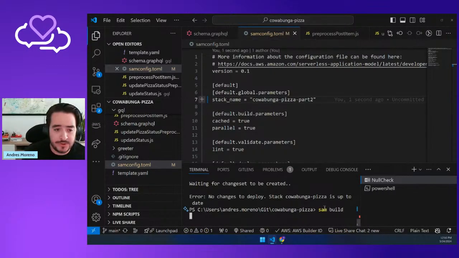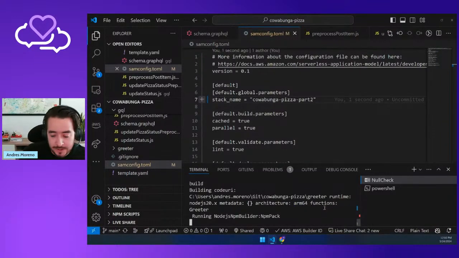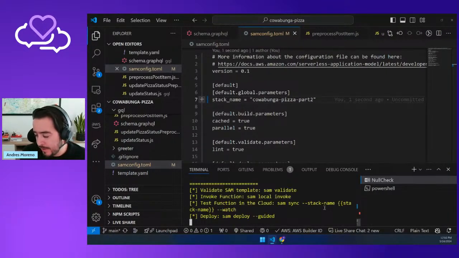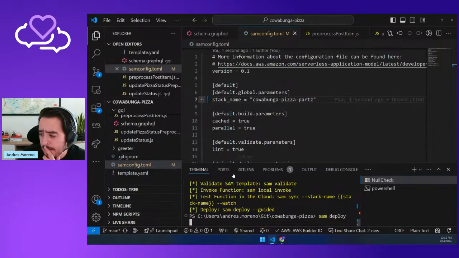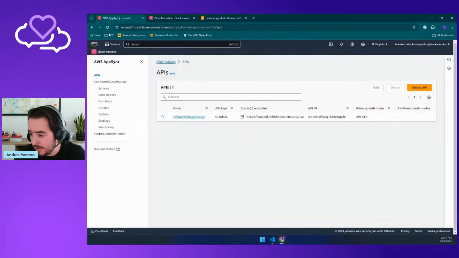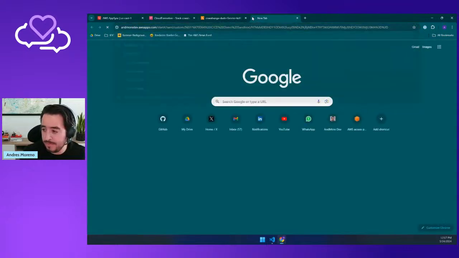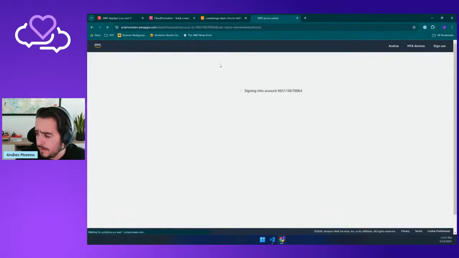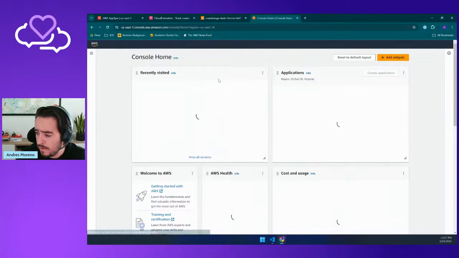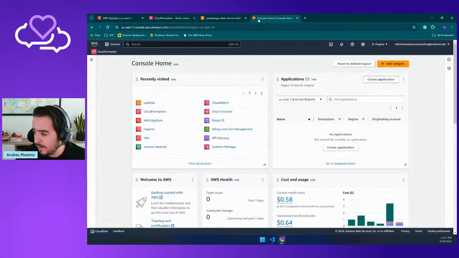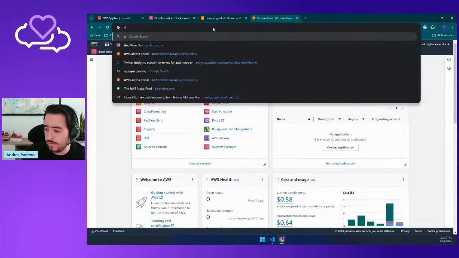SAM build, get a new stack out there. I think the artifacts are there and the template, it's the same, and S3 knows that nothing changed, so it just avoids the deployment from moving forward. We can bypass that by creating a new stack. And I'm actually going to verify one thing, if I'm in the right account. Why is it not AWS? No, and more